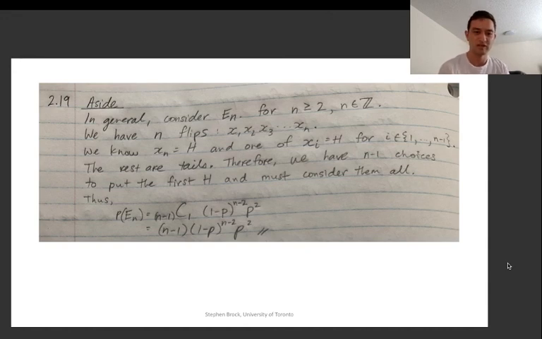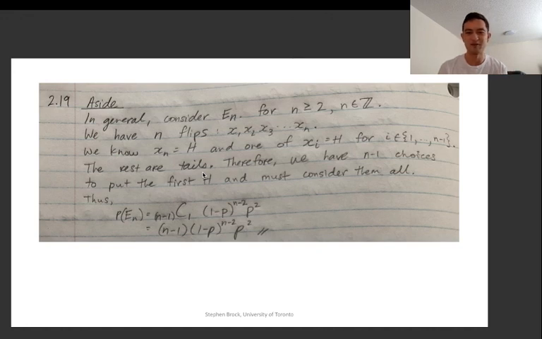So in general, consider E_n, for n greater than or equal to 2, n belongs to the integers. We have n flips, which we're going to call x1, x2, all the way up to xn. And we know that xn equals H, so that's the last flip. And one of xi equals H for i in 1 to n minus 1, right? One of those previous x's had to have also been a heads. The rest are tails. Therefore, we have n minus 1 choices to put the first H, if we're looking at all the different combinations, right? So combinations, choices, that should